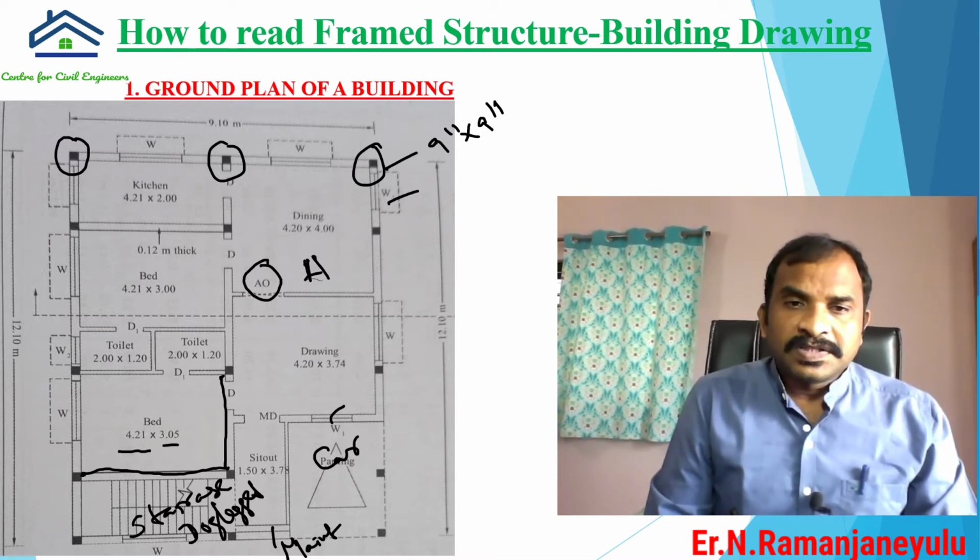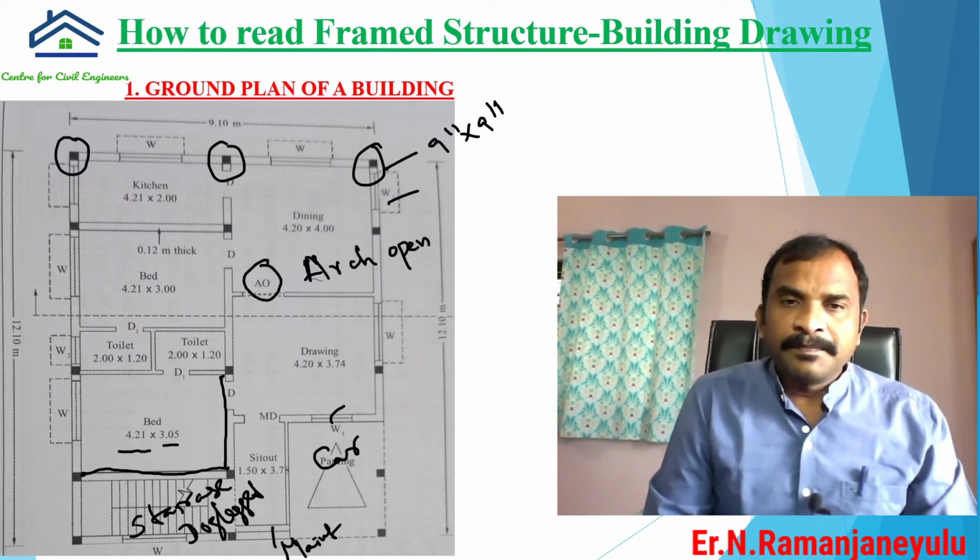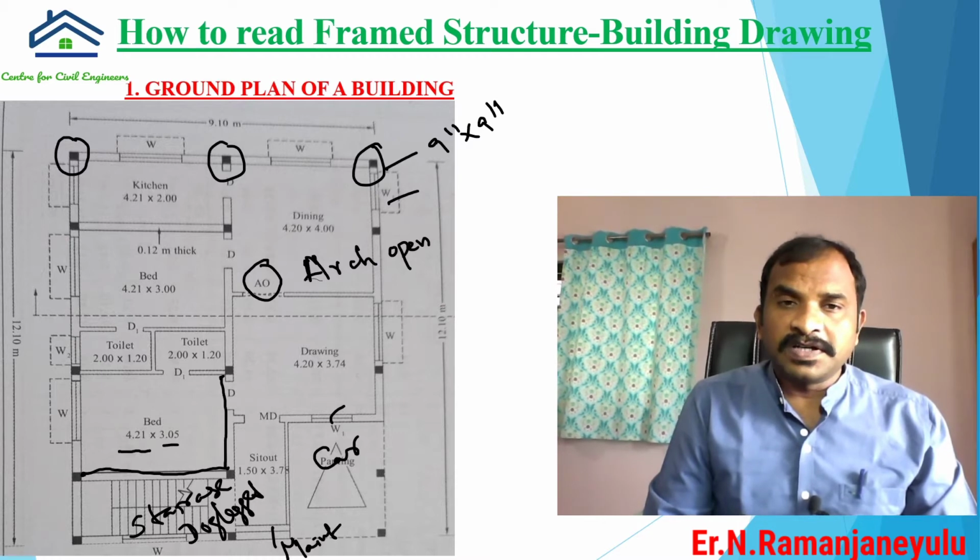All these are provided with door frame and shutter, but AO stands for arch open. It is not provided with any frame or shutter, it is just open. That's why it is called arch open. It is in the shape of an arch, and we can see the shape of the arch